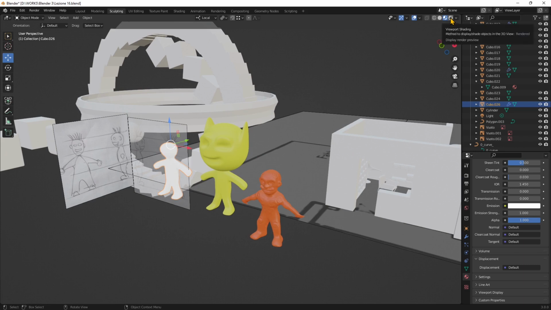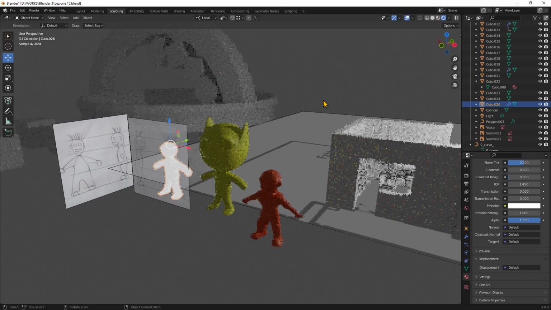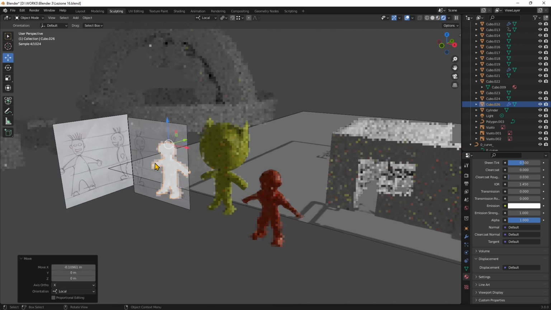So the next one is actually going to be the rendered view. So this is the closest preview that you can get of your final render. And you can see now that this is actually an emissive object. So if I move it closer here, and this is all happening real time. So, well, it could get really slow. So, and right now, specifically, I'm